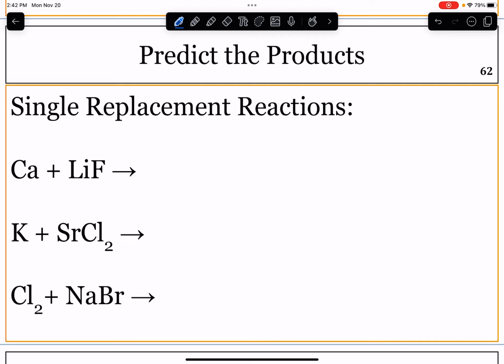The way calcium is written here, it is neutral because it is by itself. It's in its elemental form. It is not an ion, nor is it in an ionic compound. But when it does make a charge in an ionic compound, calcium makes a 2+ charge. In lithium fluoride, lithium has a +1 charge and fluorine a -1. We can see that calcium would make a compound with fluorine because two positives would not make a compound. Calcium and fluorine need to make a neutral compound with each other. Calcium has a 2+ charge, fluorine a -1, therefore we need two fluorines in order to make a neutral compound